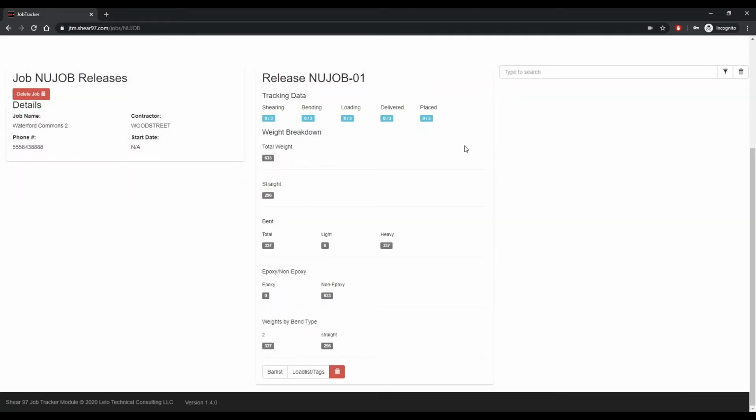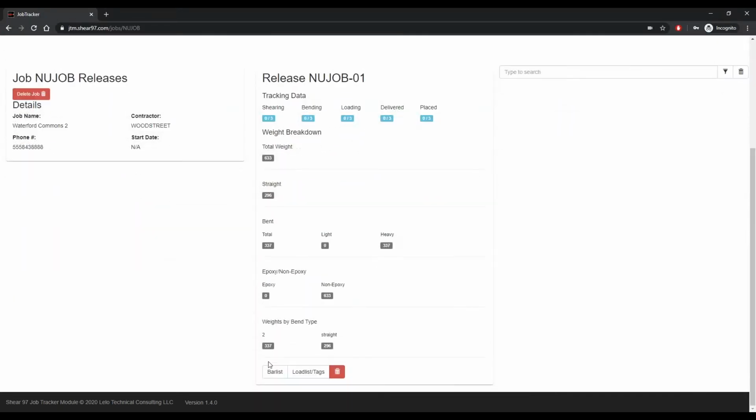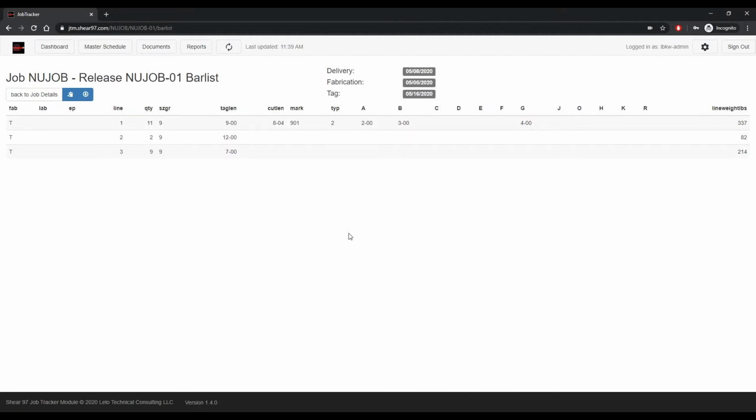And in that preview, you'll be able to see the weights by bin type, as well as a breakdown by type of bar. And here is our tracking data, which we'll cover in just a moment. If we click on the bar list button on this preview, we'll be able to see all of the bar listing information. The bar listing information shows the tonnage, the pounds, the types, the dimensions, and allows you to export